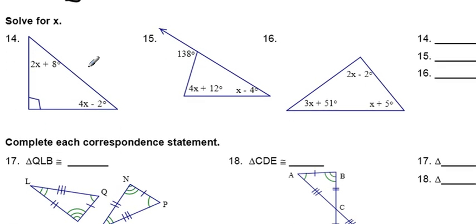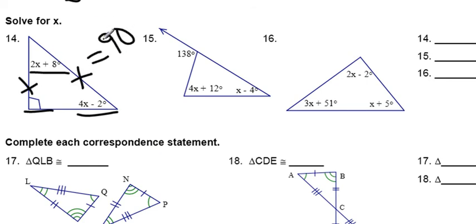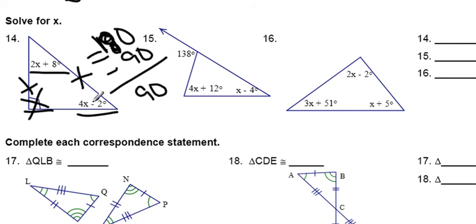Number 14. It says solve for x. We have 1, 2, 3 angles given in a triangle. If you recall, the sum of the 3 angles of a triangle equals 180 degrees, sorry. And the reason I said 90 is because if 90 degrees is already taken, that means that 90 degrees is left between these two angles. So 2x plus 8 plus 4x minus 2